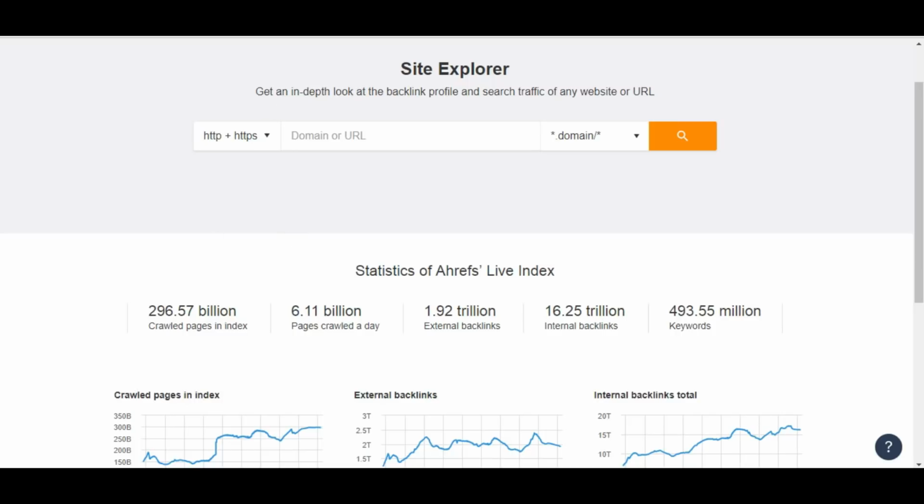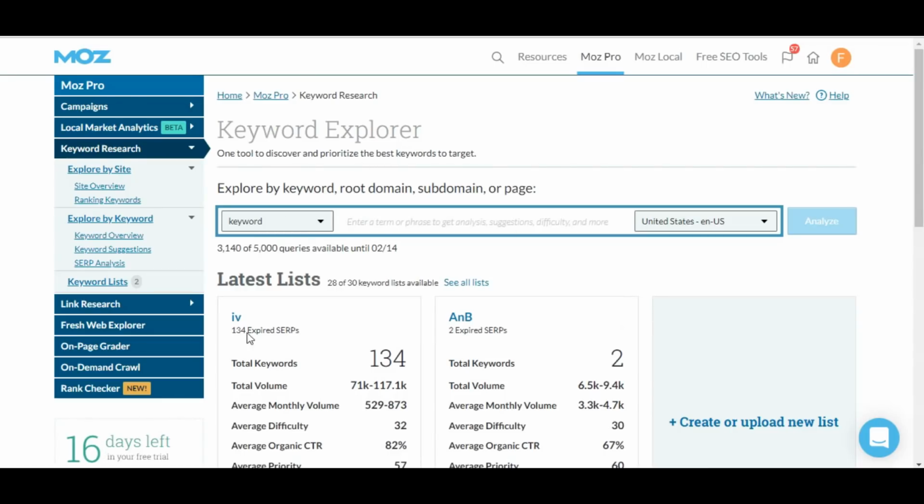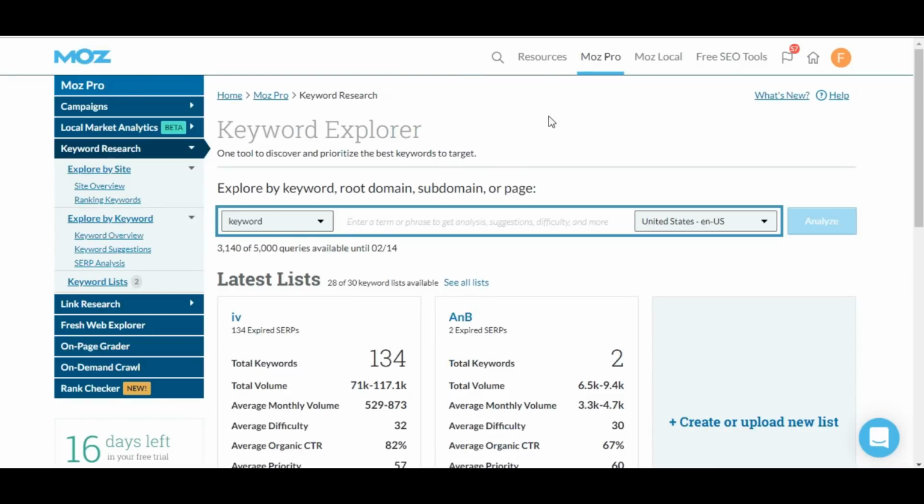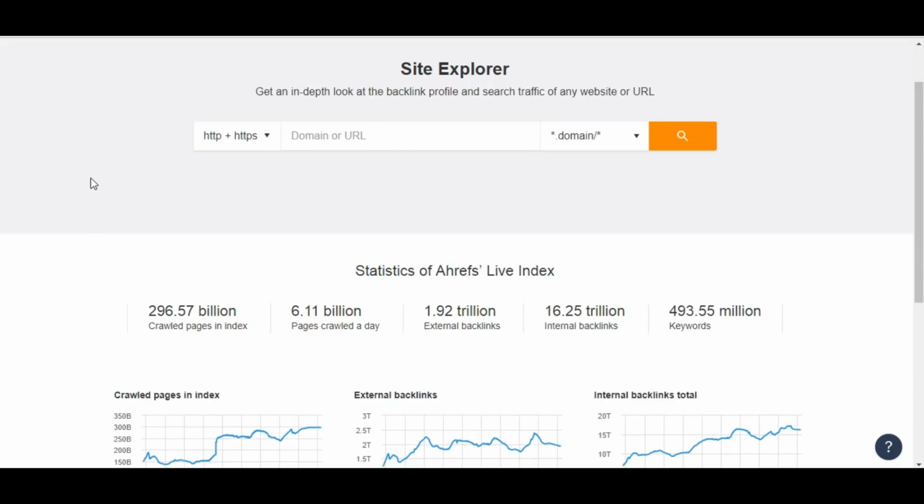So the next one is Moz. I'm using a Moz Pro account, and it's very affordable, I think, because I'm using trial versions when I'm running some kind of marketing campaign. And if you can't afford to buy, you can ask another person.